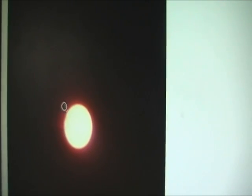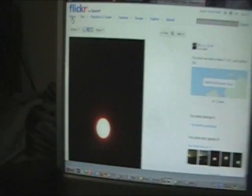This is first thing in the morning. The sun isn't very bright again, so you don't have to worry about letting too much light in, but you can still see there's a lot of glare around the sun. This picture here is probably one of the better ones where there isn't so much of a ghost image. As you can see, this is with an infrared lens, that's why it looks red. And you can see there's a little bit of glare around here, but you can actually see the red line around the edge of the sun. Sometimes you get sunspots on it. It's quite strange, but at the same time,